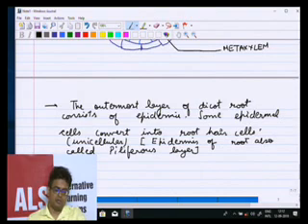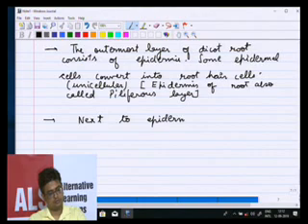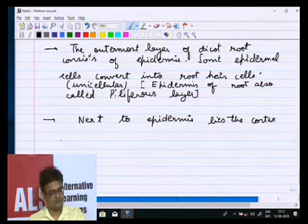Now after the epidermis, what is the layer? It is the cortex. So you will say next to epidermis lies the cortex layer,